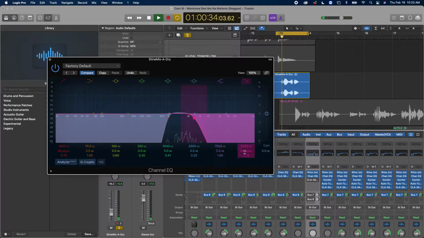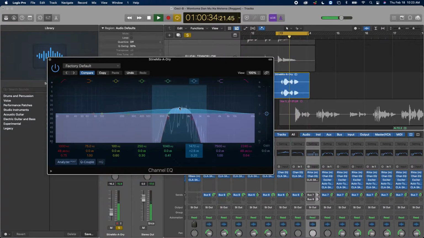Same way. There's a slope here. I'm gonna cut it because I don't want it. So cut it as much as possible. Okay, cool. So the next thing is I have this range right here. I'm just going to slide it right in between the 1K and the 2K, and I'm going to just lift it up.